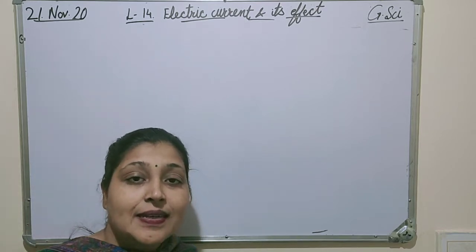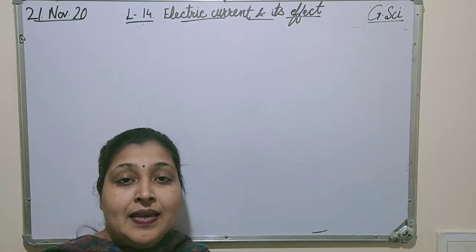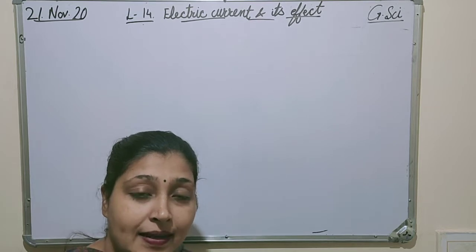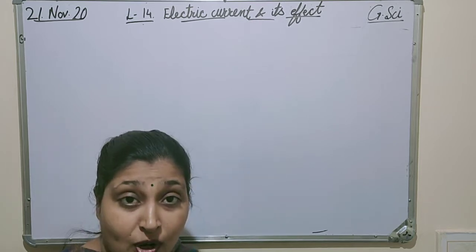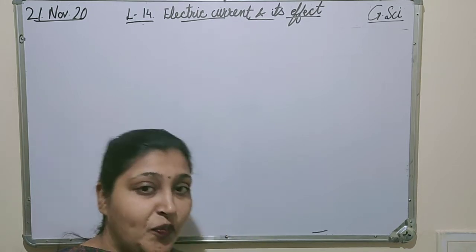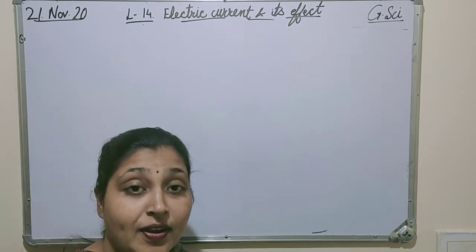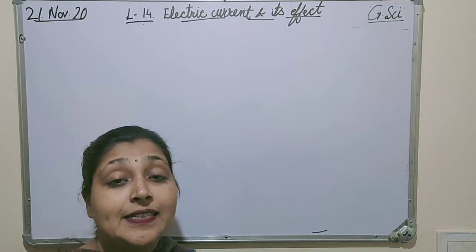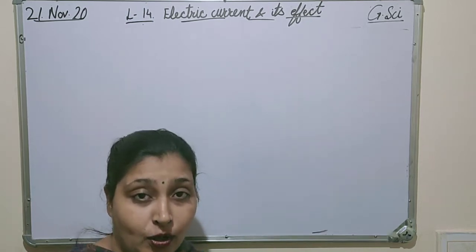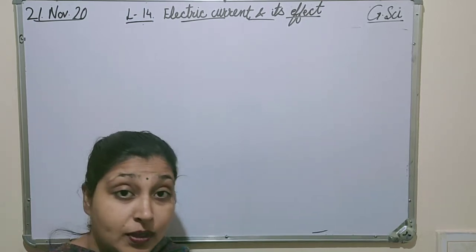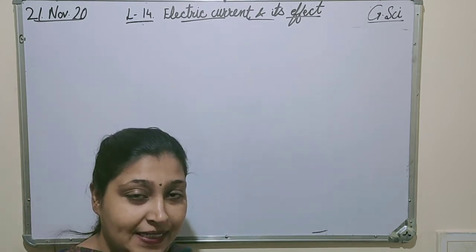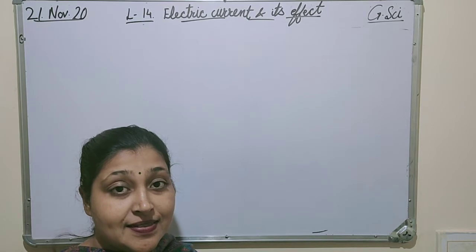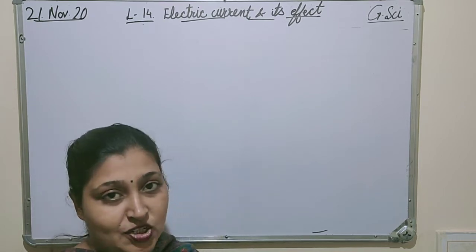Number one is electrical appliances. Appliances like an iron have a coil inside them, and this coil is made up of nichrome wire. When we pass current through it, it gets heated and becomes red hot. And what about the bulb? A bulb contains a filament which is made up of tungsten. We had already discussed this in previous lectures.